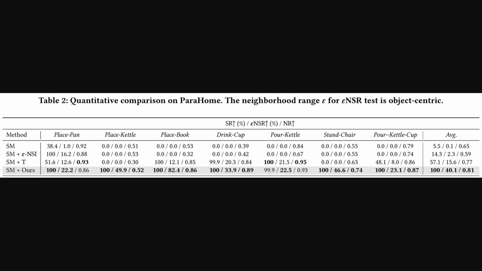Okay, moving beyond basketball, this next table presents a quantitative comparison on ParaHome, which is a set of household tasks. We are again looking at success rate and epsilon neighborhood success rate, but also at normalized reward, or NR, which basically measures how well the learned behavior matches an ideal behavior, with higher being better. Across various tasks like place pan and pour kettle, the SM plus ours method, which is SkillMimic-V2, consistently achieves very high, often perfect, success rates. The average epsilon neighborhood success rate also shows a big jump, indicating strong generalization even in